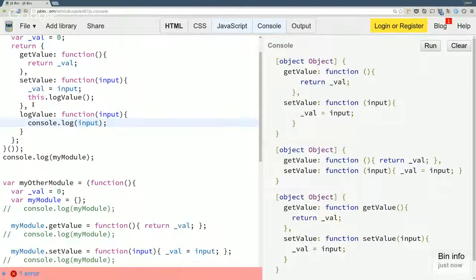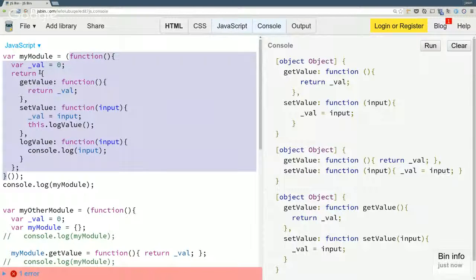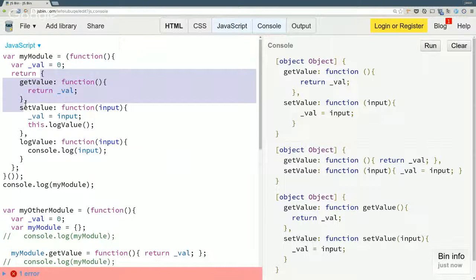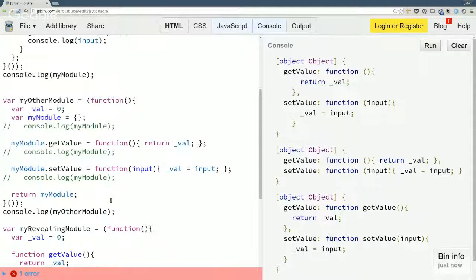But again, all these functions are defining a function, creating an object, and returning that object. And that object has key value pairs, which are names and functions. All of these do that. I think you guys have already identified that this one probably makes the most sense to you right now.